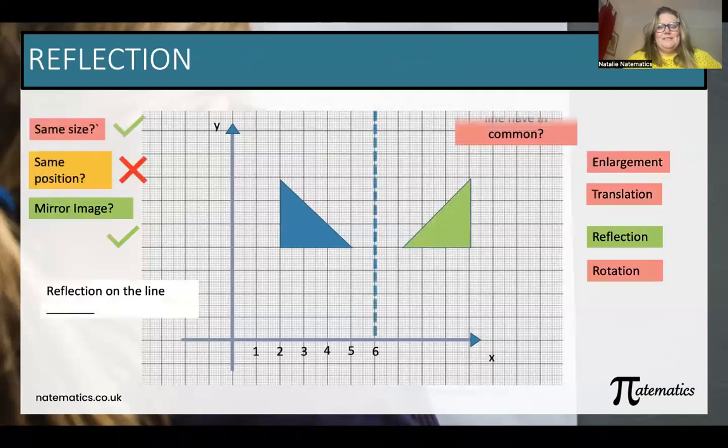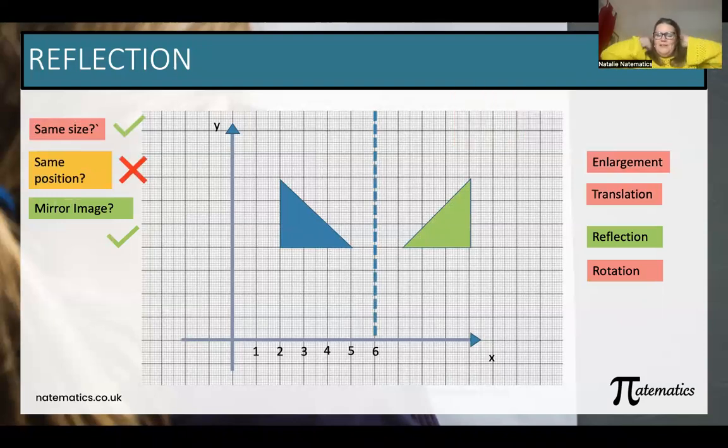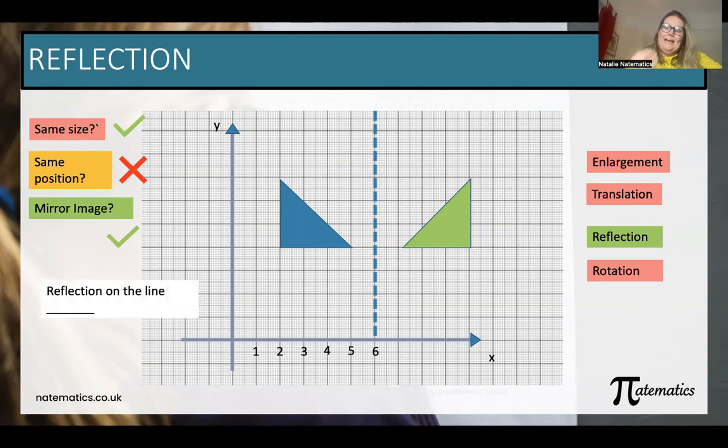I'm just going to go through this now. It's the same question. So what I've done here is I've put a few little numbers on the bottom. Obviously, this isn't completely accurate because we would have numbers on the y-axis as well. But I wanted to show you how we decide where the line of reflection is and how we communicate that to our teacher or examiner. So what we do is we look at where that midway point is between this corner and this corner, this corner and this corner. Draw our line all the way down and then look to see what all the coordinates along that line have